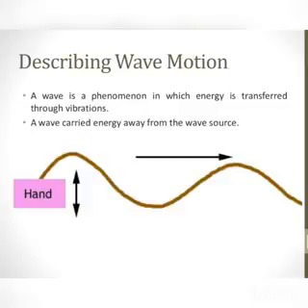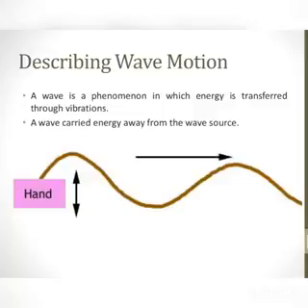What is wave motion? A wave is the phenomenon in which energy is transferred through vibrations. A wave carries energy away from the wave source. So it just carries the energy. The point which we should note over here is that waves are energy carriers. They carry the energy away from the source of energy, without carrying the material,